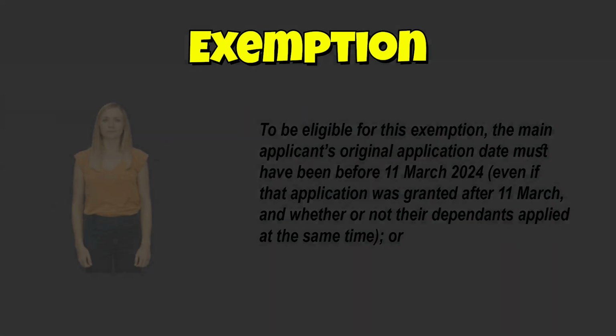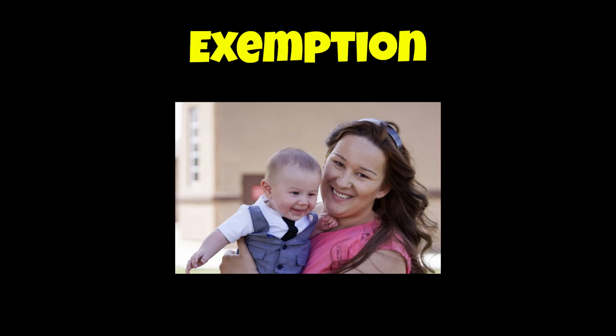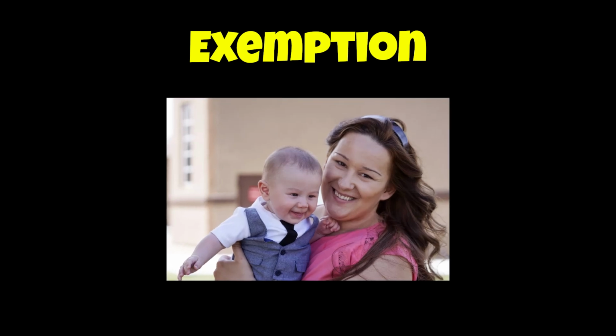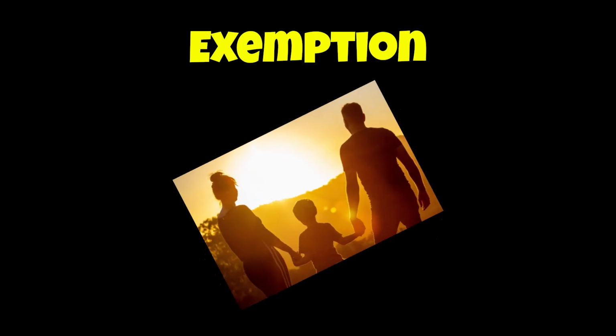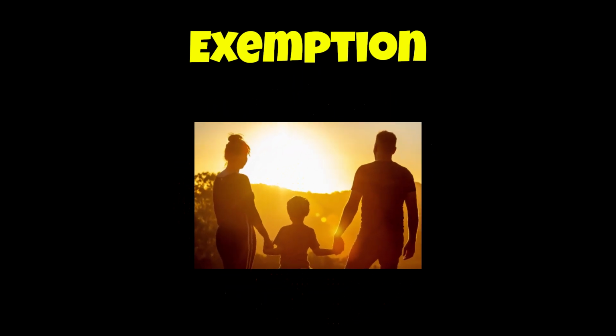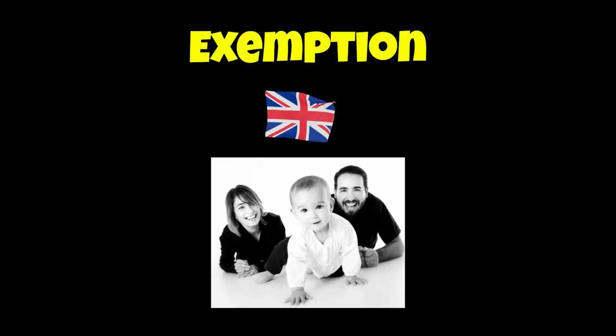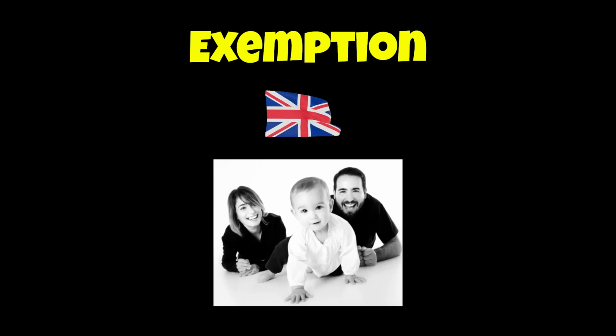Or if the main applicant is the sole surviving parent, or has sole responsibility for the child and this is an application for permission to stay, or if the main applicant has joint responsibility for the child with another skilled worker, who is also sponsored for a job in one of the above occupation codes, and this is an application for permission to stay, or if the dependent is a child who was born in the UK, the child can apply.